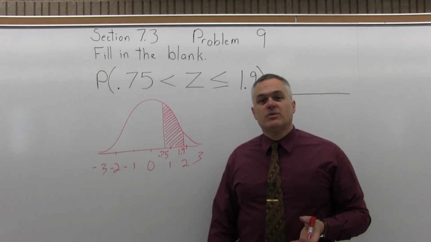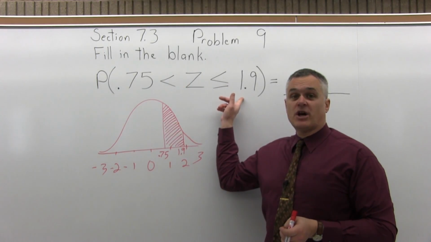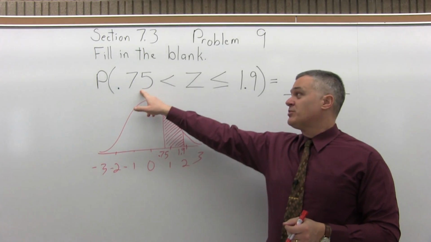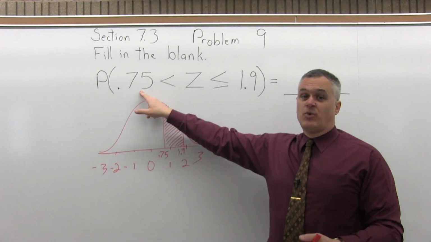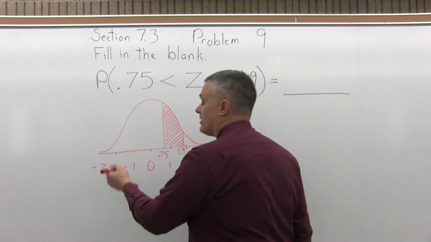So for any type of in-between question, what we have to do is look up both values in the chart, get two chart values, and subtract them. So first, let's look up the 0.75. Step 1, we want to write the number to look up so that it has two places after the decimal, which it already has,